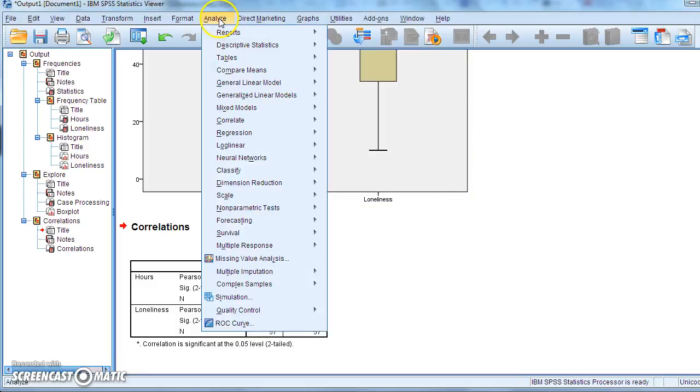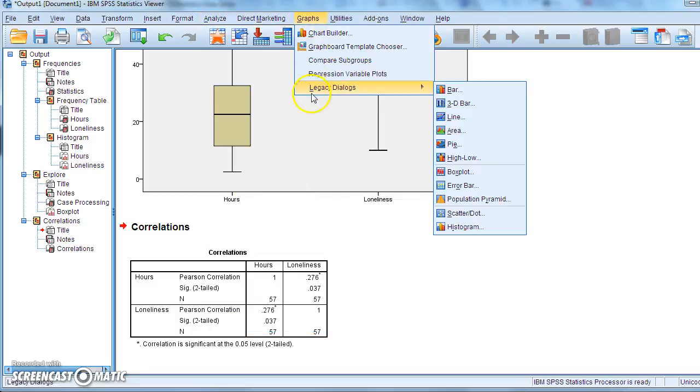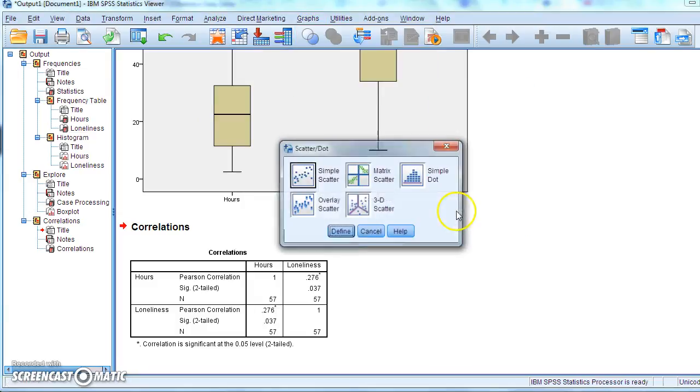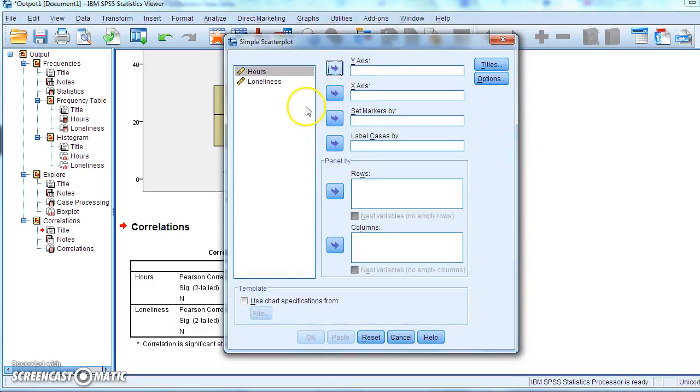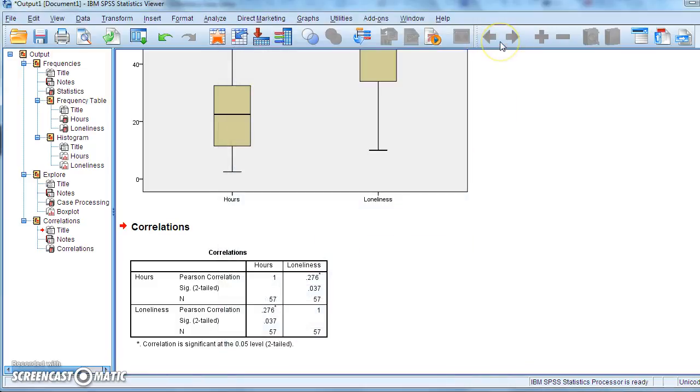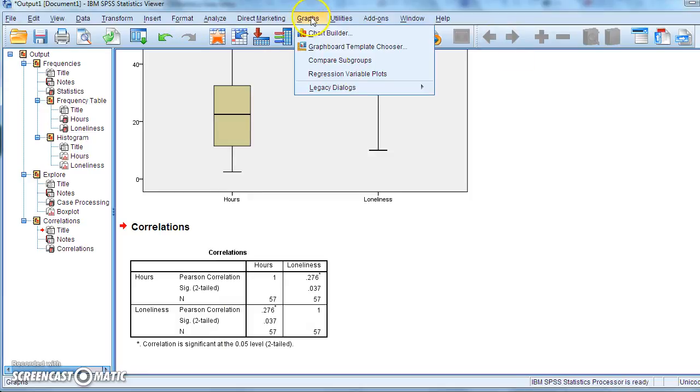If you wanted to do a scatter plot, people like to do scatter plots sometimes. Sometimes it can be useful. Quite often there's no point in putting these in a lab report, put them in the appendix unless there's something very interesting about the scatter plot. Let's get a scatter plot then.